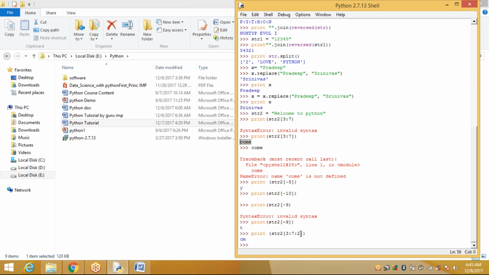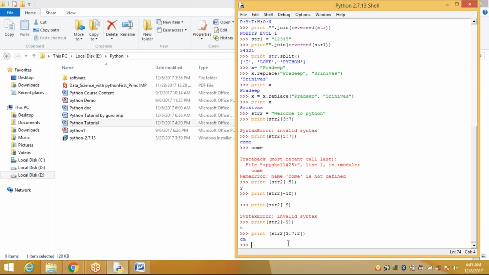When you want to skip 2 values, so C, this value O is skipped. Next, print M, and the second value is also skipped, E. Only displays CM. So however many values you want to skip, after giving the range, you can apply colon step size 2 or 3 or 4, whatever you want.